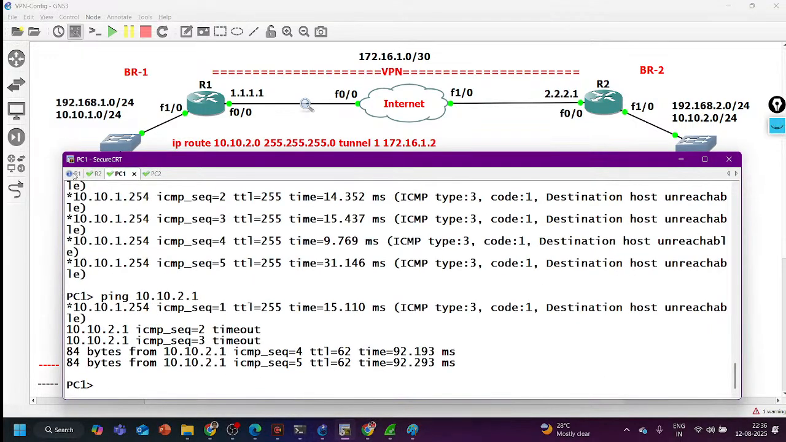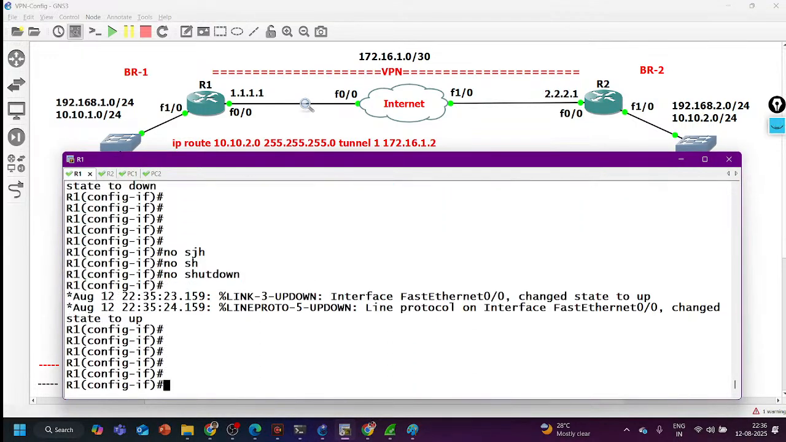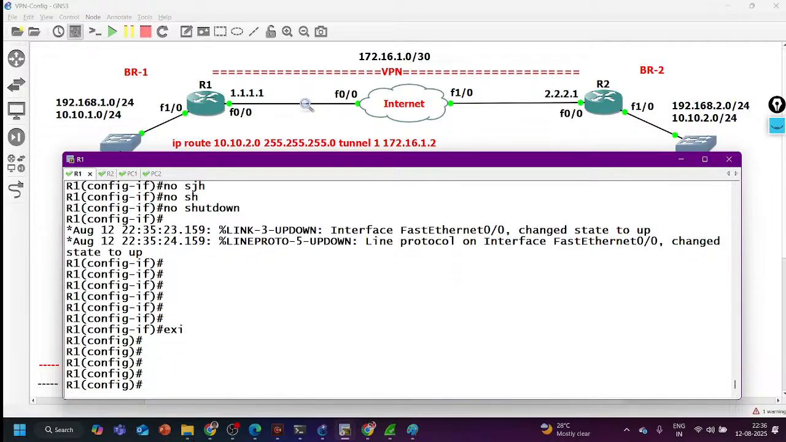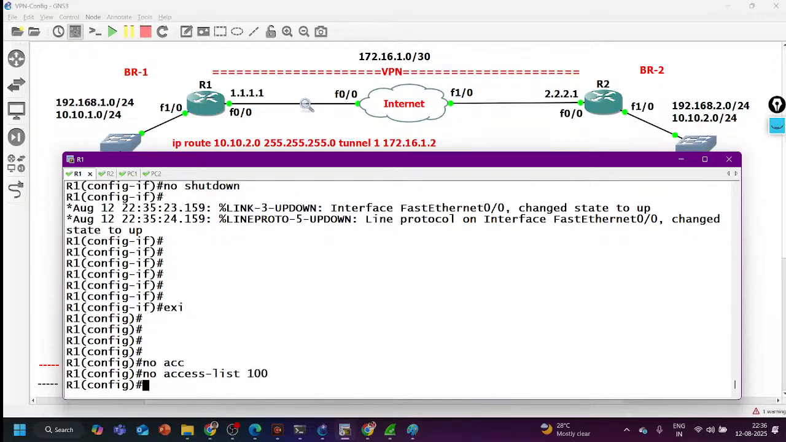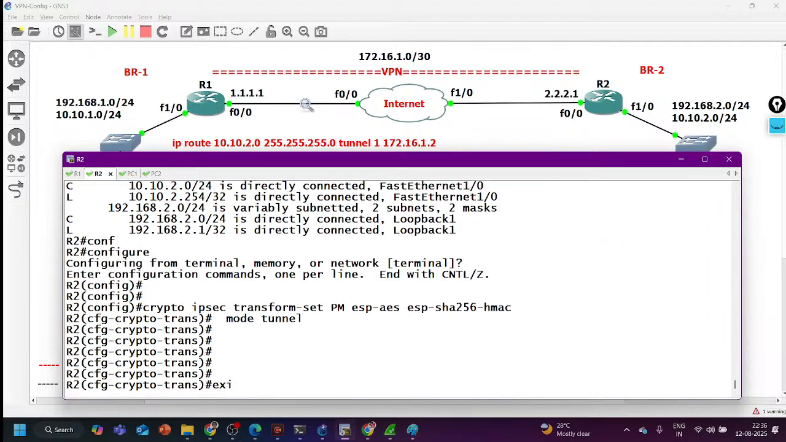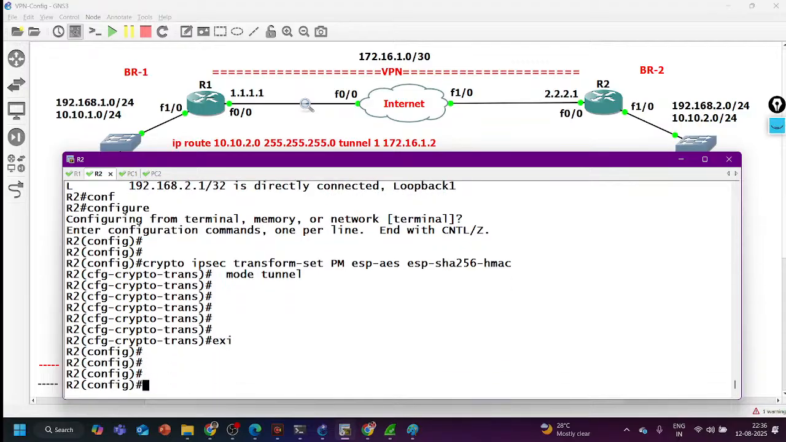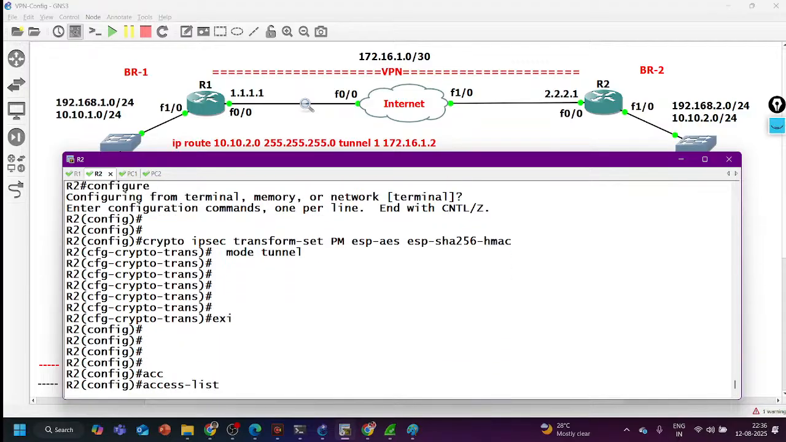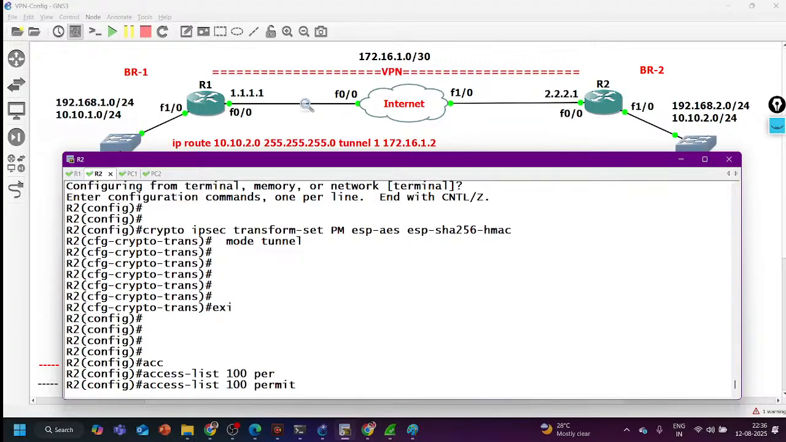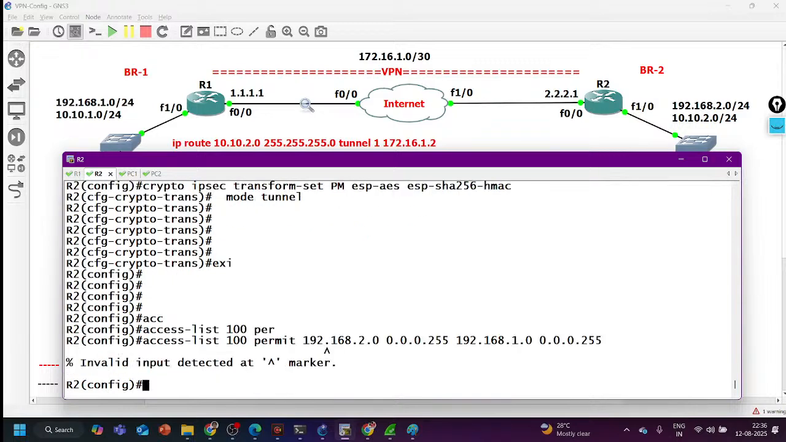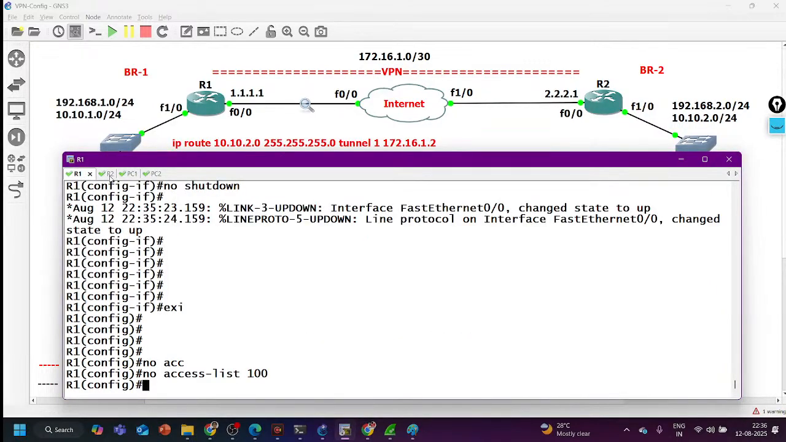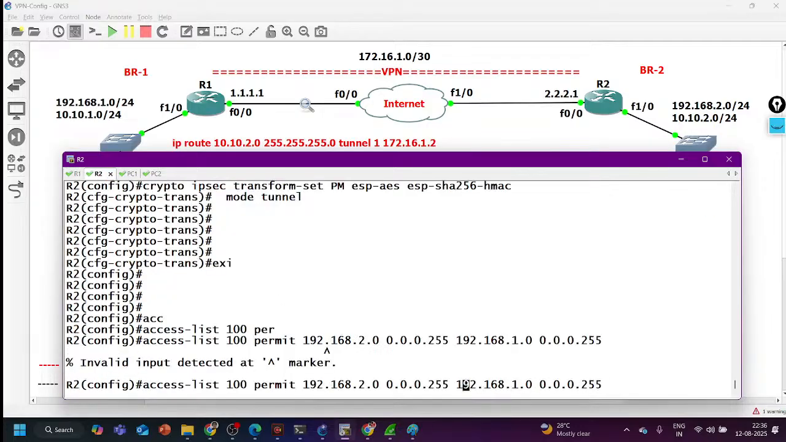Someone said to add this as well in the ACL, 192. For 192, ping is still not working. Now I want to allow that as well. No access list 100, and go to router number 2 also. Why have I removed the ACL? Simply I can add the ACL. Access list 100, permit 192.168.2.0, wildcard 0.0.0.255, and destination 192.168.1.0, 0.0.0.255, and go to router number 1. Sorry, what happened here? Permit IP,